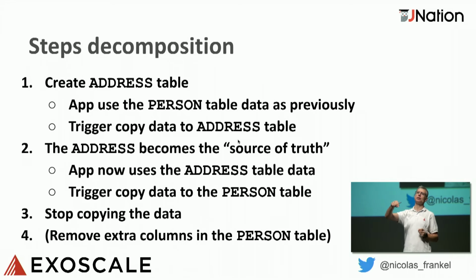Still, the application continues to use the person table every time. If we roll back, that means that the address table, we can remove it, it's not used, we don't care,